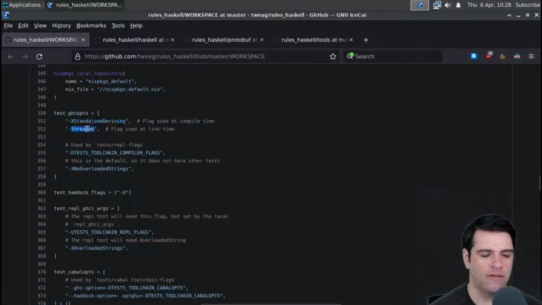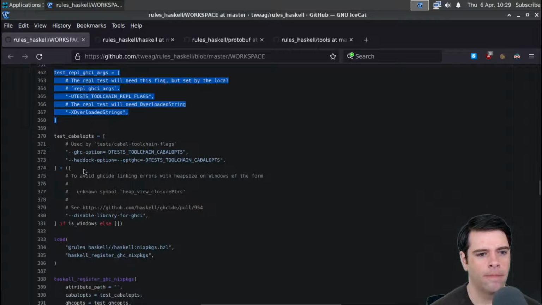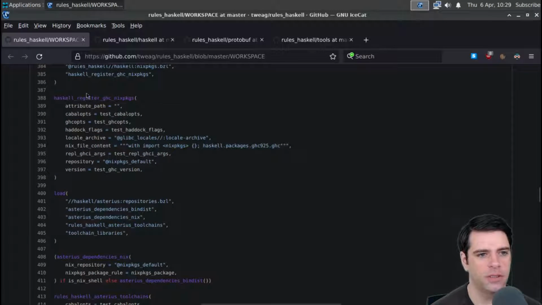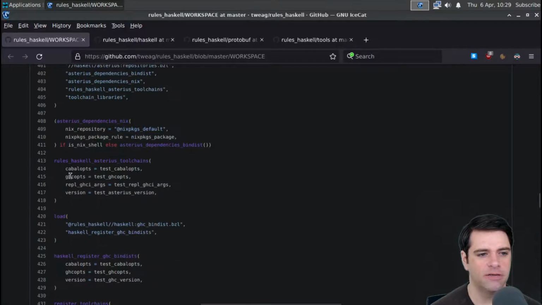So standalone deriving and threaded for linking. Some stuff about Haddock, which I think is a documentation generator. REPL arguments and Cabal options. More stuff about Nix packages and Asterius